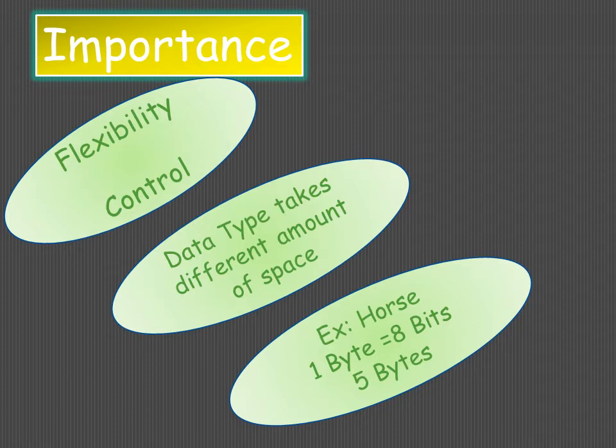So it might be possible that the field name or the column name is given as date of purchase, time of purchase. Now if date of purchase is given, then for that we will specify the data type, for example date, and in time of purchase if you specify the data type time, then you would only be allowed to enter the type of data that will be in the form of date. Different formats of the date can be there. So you are controlling how you want to store your data into the database table.